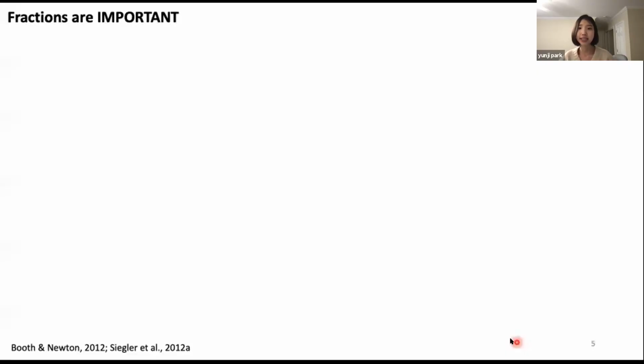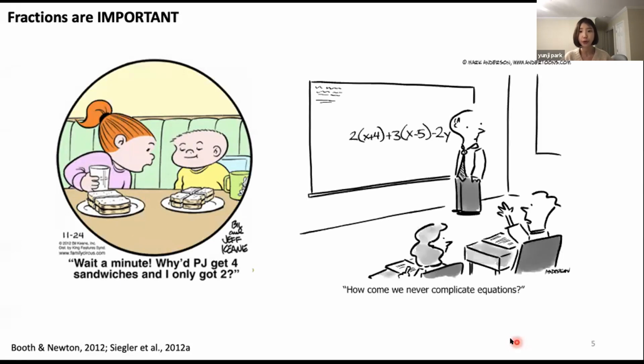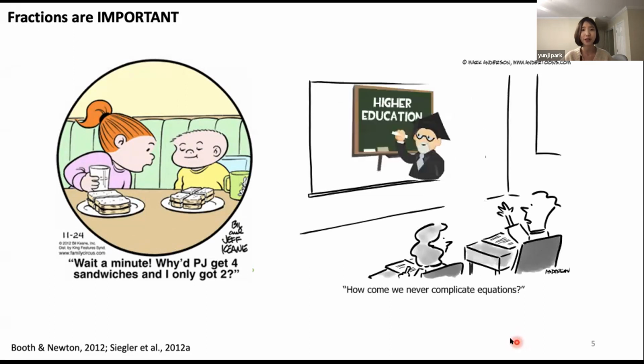As I just said, these days a lot of people have become interested in fraction knowledge, because of its importance. Fraction knowledge is important for our daily life, even for young kids when they try to divide their snacks evenly. And recent research also found that it is important for mastering complex and advanced mathematics like algebra, which can be a key to university.